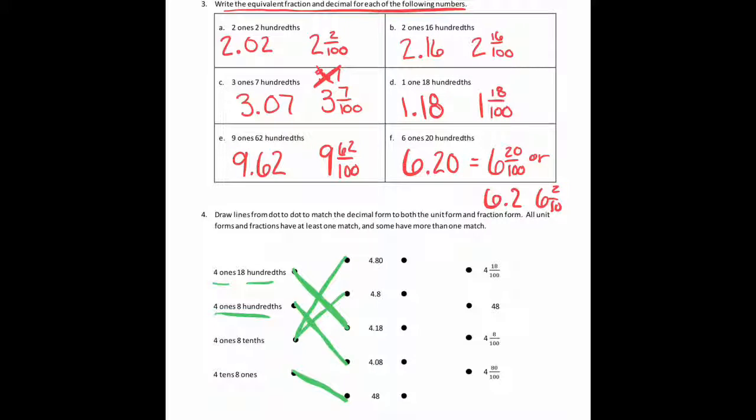All right, 4 and 18 hundredths on this side is going to be 4.18. 4.8 is the same thing as 4.8. 4 and 8 hundredths would be 4.08. And 4 and 80 hundredths is the same thing as